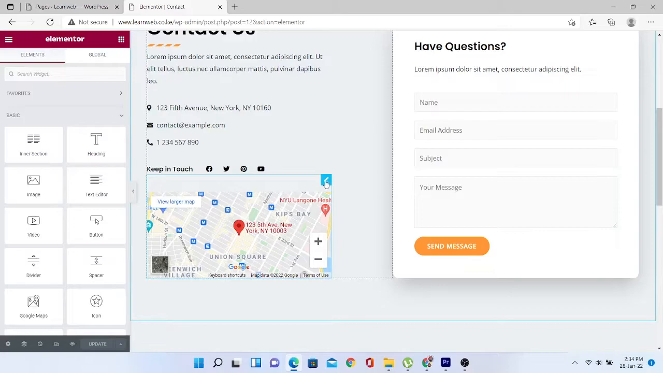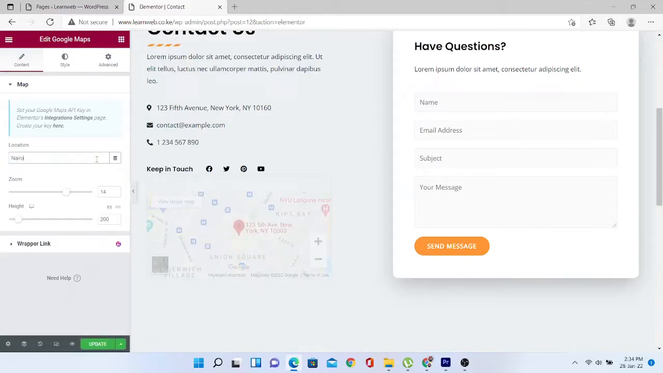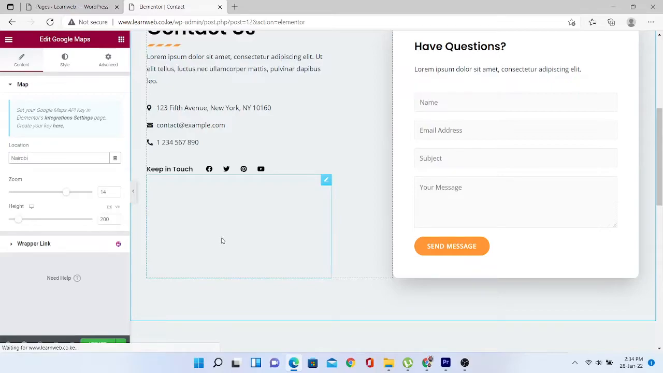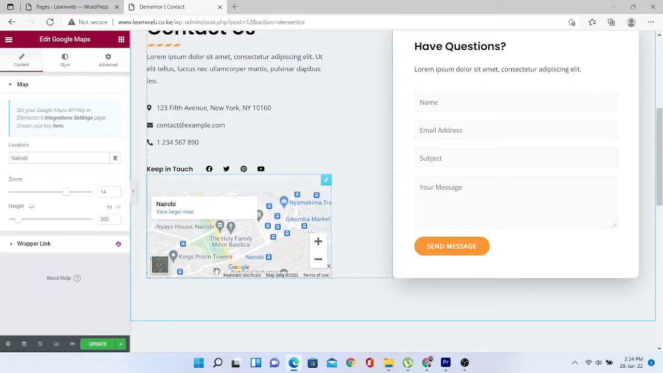Now you simply click on the map, on the edit button, and on the location, you can put in the location of your business or your office. If you put in a broad location, you realize it will pick the general area, but you can put in the exact location of your office as long as your office is also available on